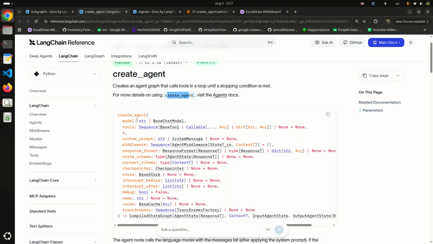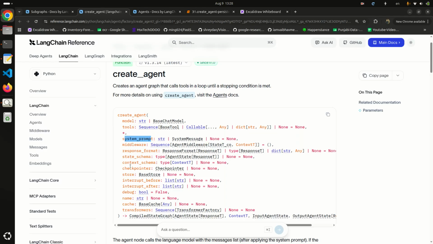It takes different parameters, like the model, which will be GPT-4o mini. It automatically initializes GPT-4o mini in the backend, and we pass the tool names only. Like maybe we have a Google search tool and different tools. We just pass the tools, and it automatically calls them. It has another parameter, which is the system prompt. It is the instruction we give to the agent on how to behave.